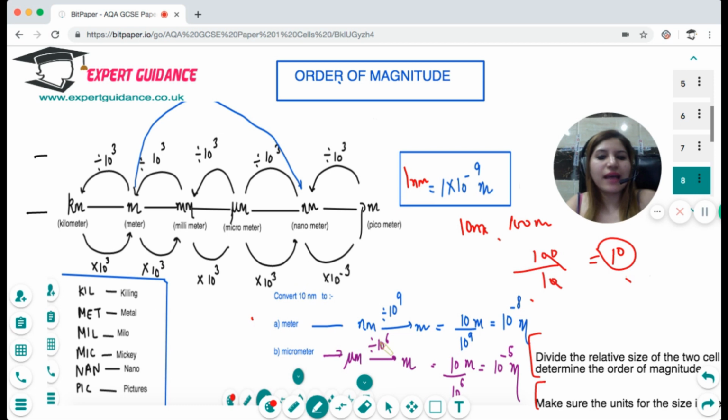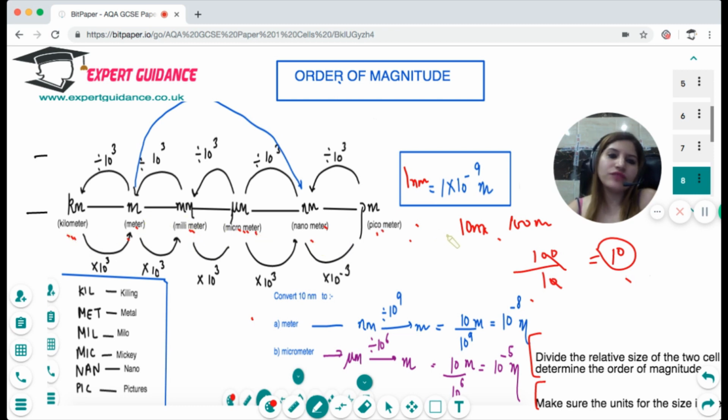So in the exam, they can give you one in meters, another in nanometer, one in micrometer, another in millimeter. So you should remember this conversion. This conversion is simple. It comes as a chart: kilo, metre, milli, micro, nano, pico. Okay, so kilo, metre, milli, micro, nano, pico: it's kilometers, meters, millimeters, micrometers, nanometers, and picometers, and all are at